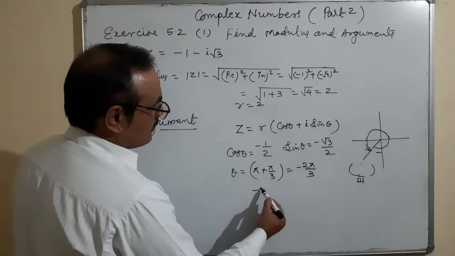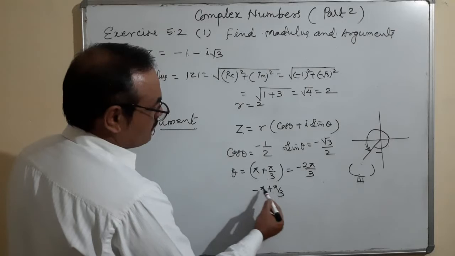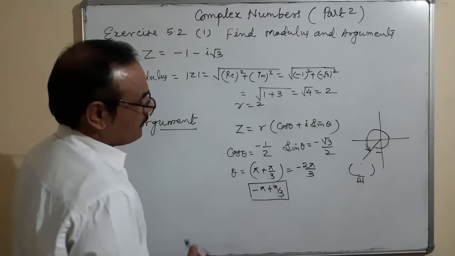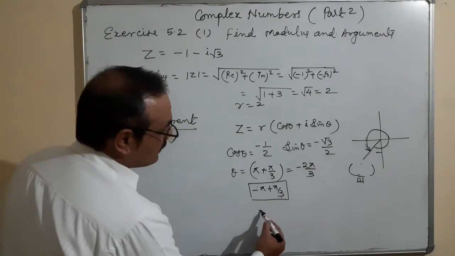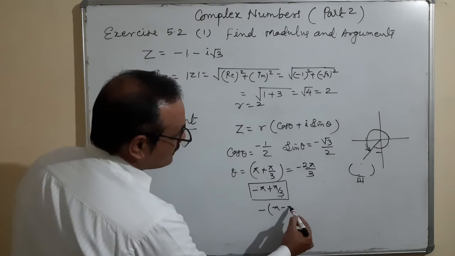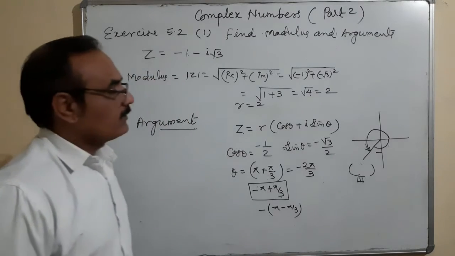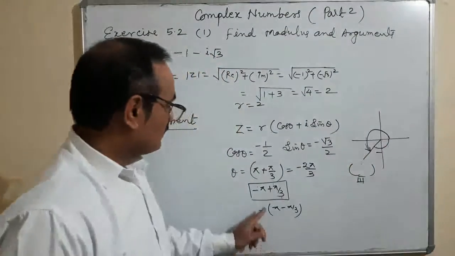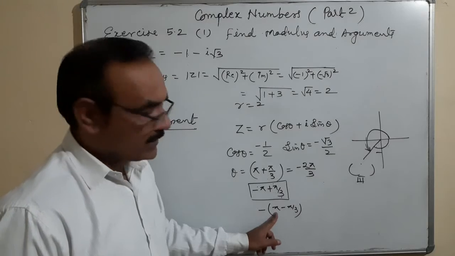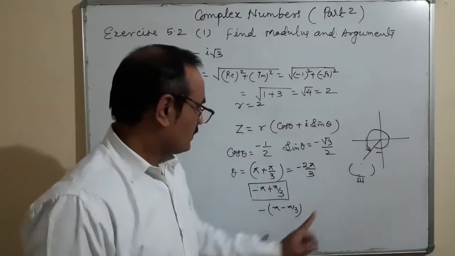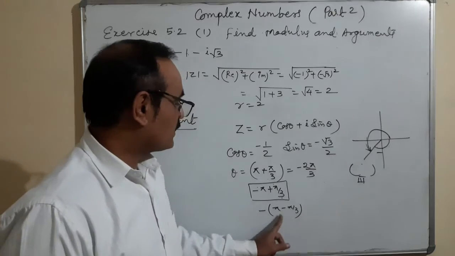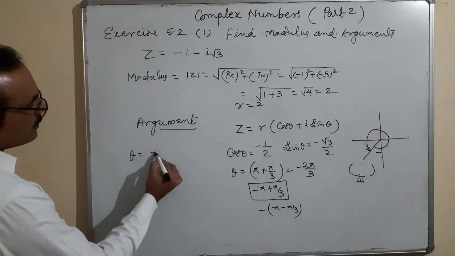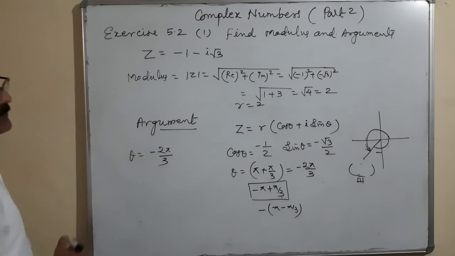We can use the term as minus pi plus pi by 3. How is it minus pi plus pi by 3? Minus sign, it is pi minus pi by 3. Because this is minus pi, minus this portion, which is pi by 3. So pi minus pi by 3 is 2 pi by 3 with minus, minus 2 pi by 3. Okay. So the value of theta is equal to minus 2 pi by 3.